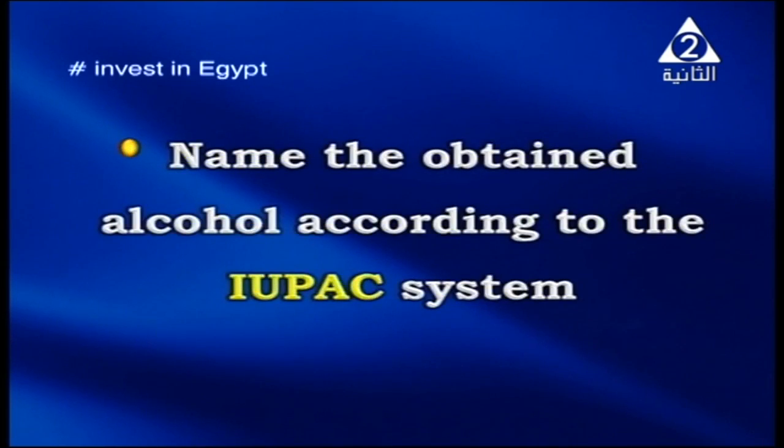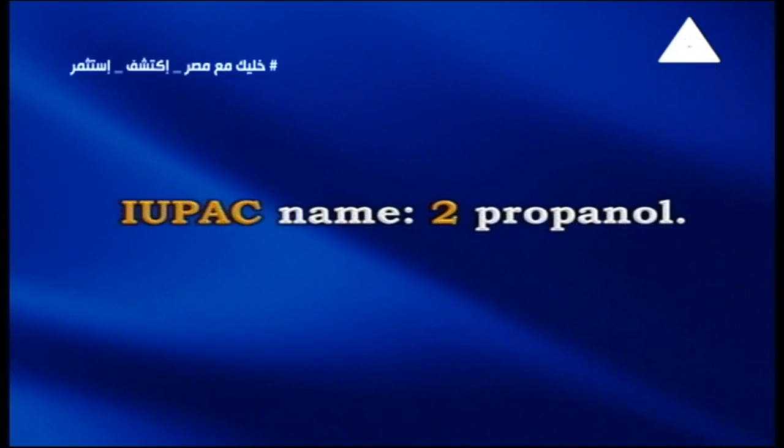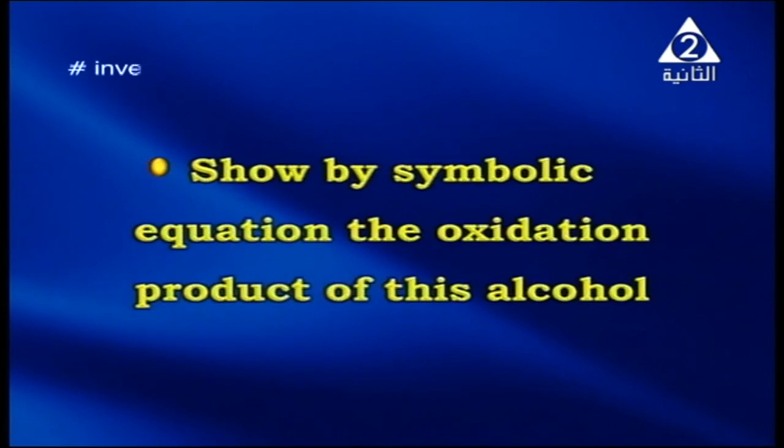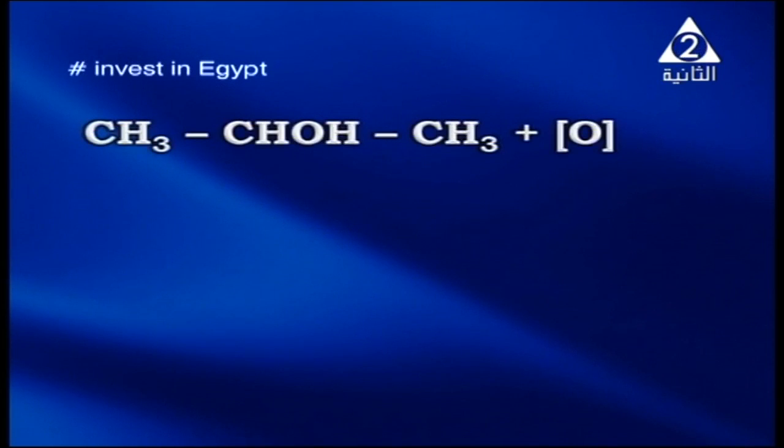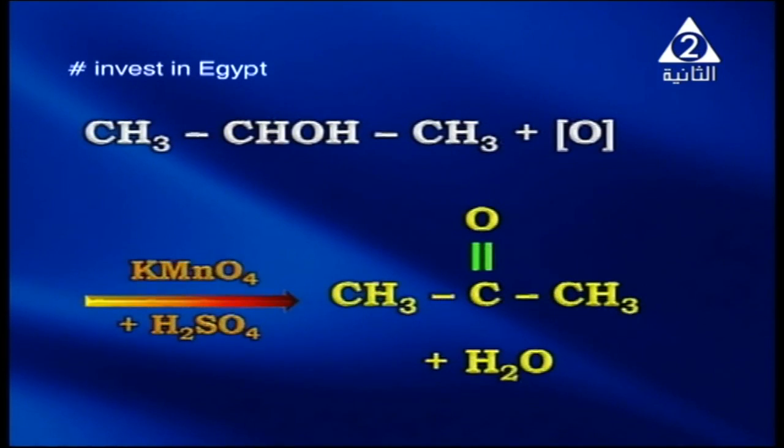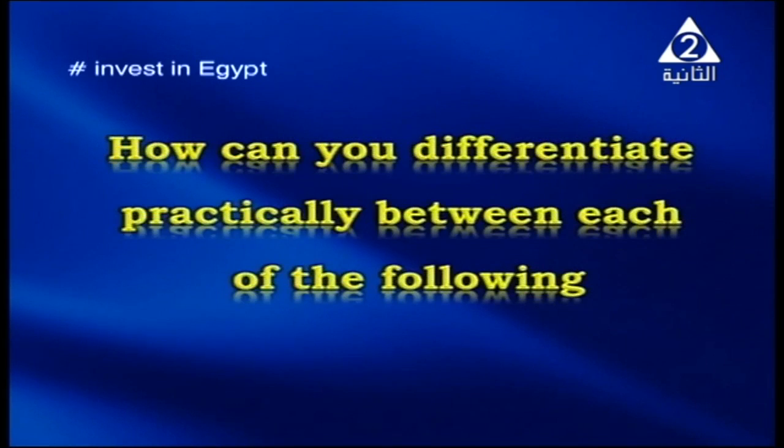Name the obtained alcohol according to the IUPAC system. The name of the alcohol will be 2-propanol. Next point, show by symbolic equation the oxidation product of the alcohol. As shown on the screen, 2-propanol on oxidation by acidified potassium permanganate gives acetone, and water is produced. Next type of question: how can you differentiate practical